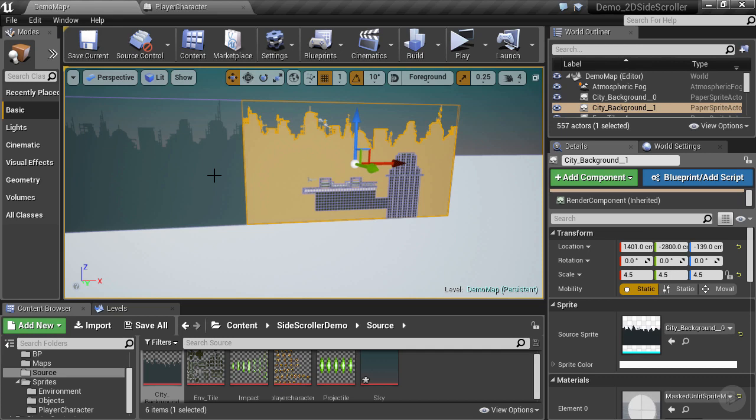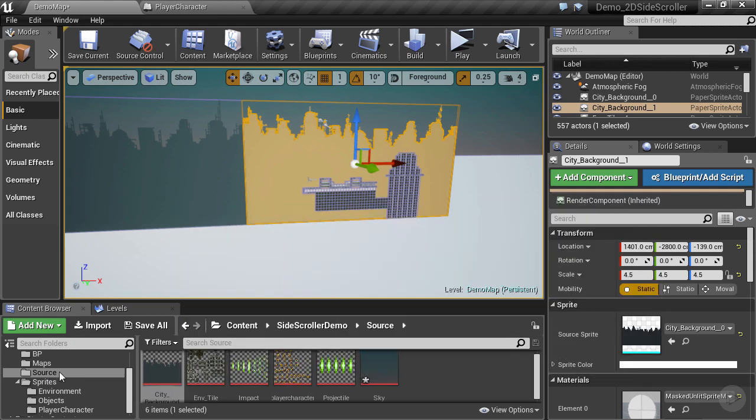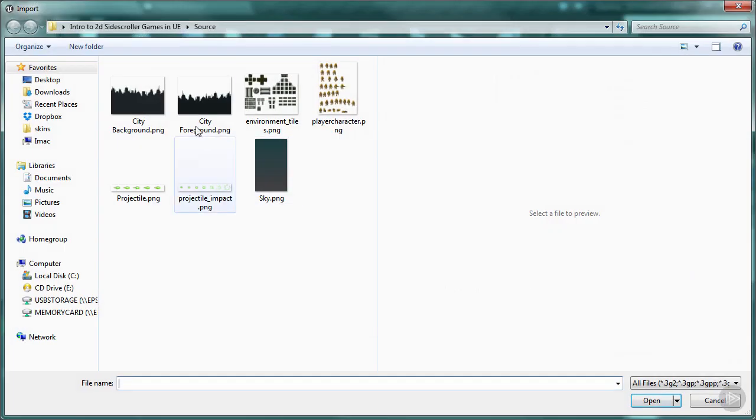Next, we're going to explore adding more depth to the scene with some large middle ground and foreground sprites. So let's get started on that. We're going to import a new texture. Do source import. For the midground we're going to use city